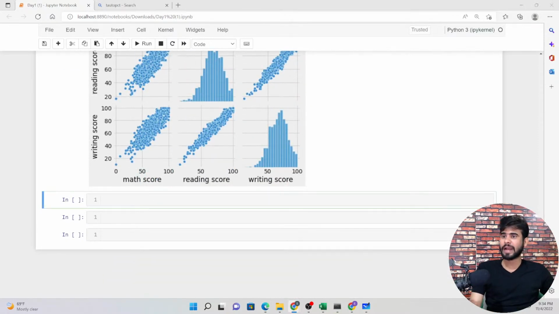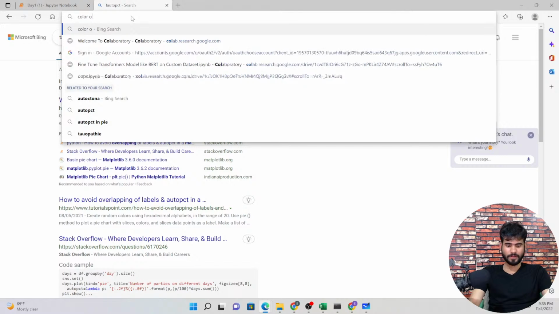Okay, so I'm just going to call df.corr, and here I'm going to call sns.heatmap. Here I'm going to define annot as true, and the cmap, the color I want to check on the heat map.